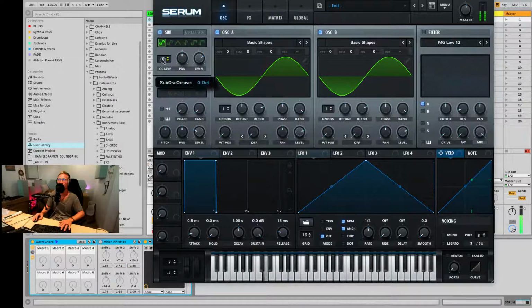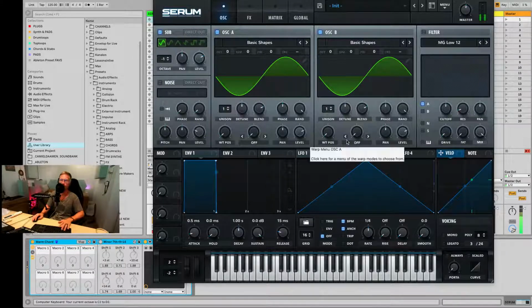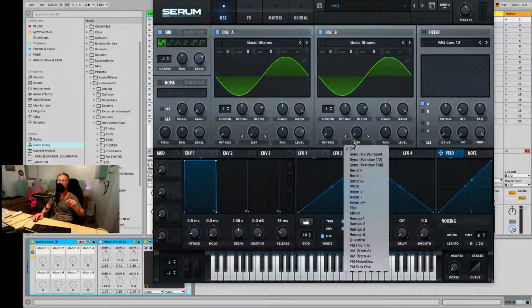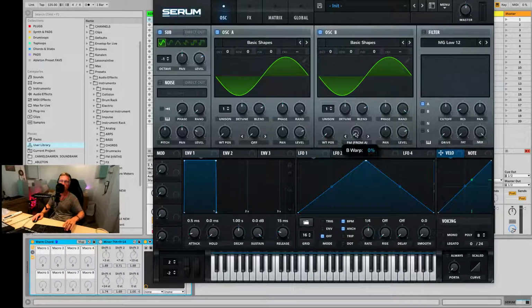Add another sub. So this is the low. You can even go to 2. But I tend not to use 2 because it's so low it doesn't really do anything for me. Don't hear it. My speakers don't like it. My ears don't like it. Here you go. Okay, so the cool thing with this is you can even create bass lines from this if you play like this. And also what I like to do in Operator, the Ableton synth, is FM two sine waves into each other. So if I have here, I can send FM from A, and then